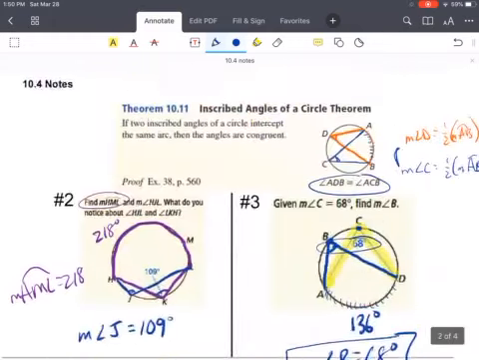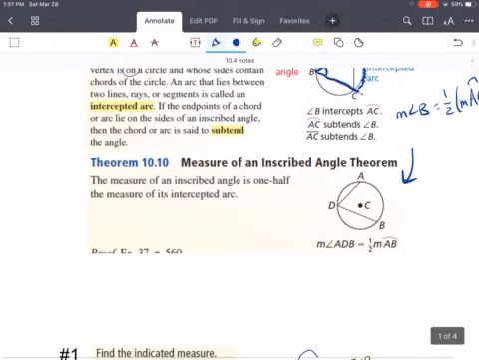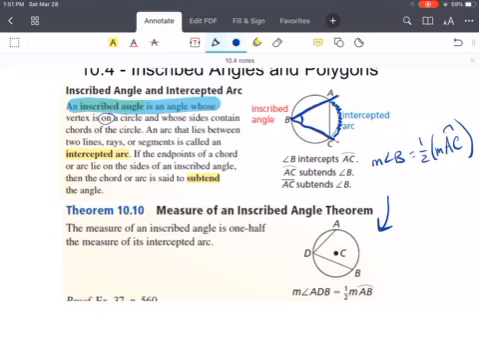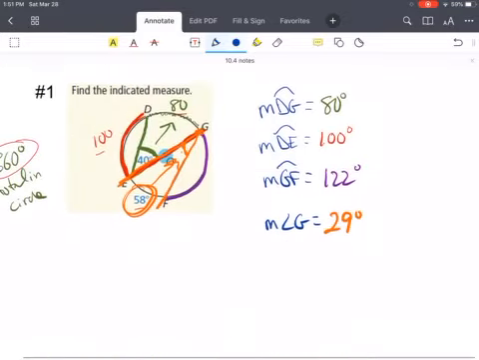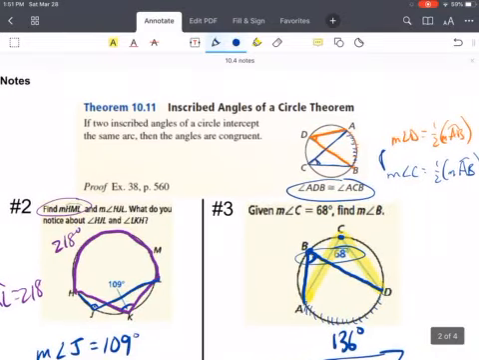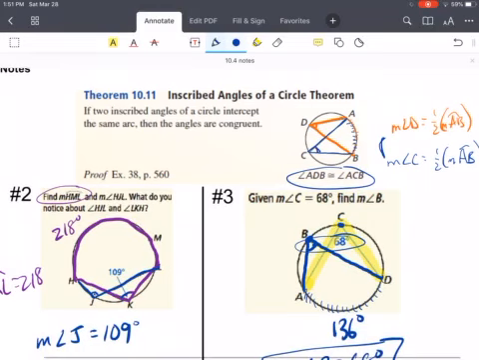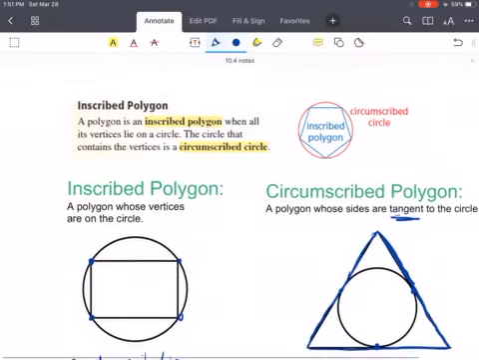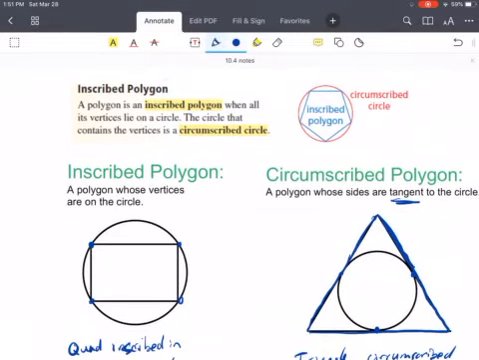So remembering a couple big things in here. An inscribed angle must have a vertex on the circle, and then 2 chords making it up, and it's also always equal to half of its corresponding arc. And then if you have 2 angles that are inscribed to the same arc, they obviously must be congruent because they're going to be equal to half of the same thing. And then talking about polygons that are inside